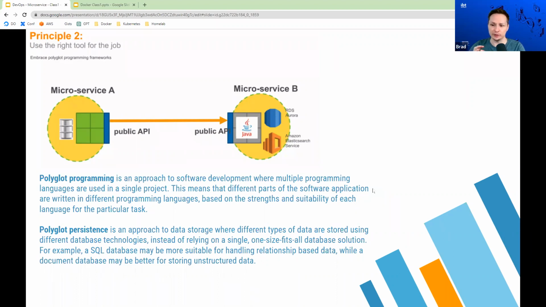We don't want that, right? We want freedom to choose the best programming language and the best persistence storage for our actual microservice, right? So that's principle number 2. Don't just use whatever's out there. Use the right tool for solving the problem that microservice is actually trying to solve.